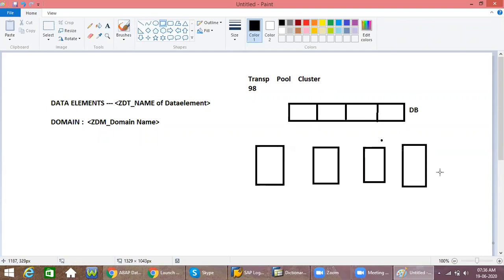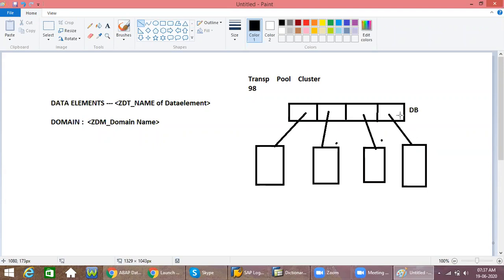I am taking only an example. This area is allocated to this table, this area is allocated to this table, and this area to this table.